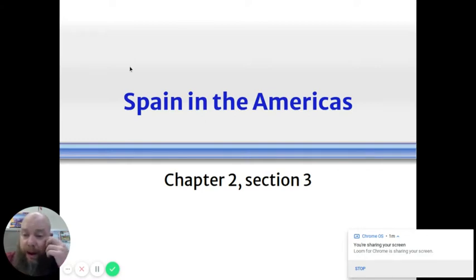So we've been talking about, in section 1, the beginning of European exploration into what we now know as the Americas. The Americas meaning North and South America, and also specifically the United States of America, although we're not getting to that until a little bit later. Like we said yesterday, Columbus never stepped foot in what we now call the United States. A lot of these guys didn't. They landed in Central and South America, and one of the main reasons is because it's closer.